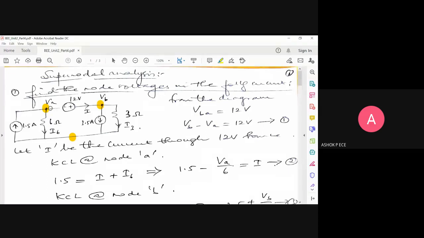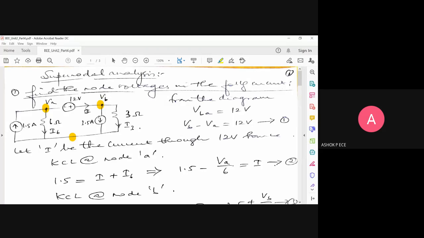If you have a normal resistor here, then VA and VB will be normal nodes only. They will not be super nodes. But since instead of having a resistor or inductor or capacitor, you are having an active voltage source present between VA and VB, VA and VB are called super nodes. And how to analyze a super node? It is very simple. You assume the current flowing through the voltage source to be I. So I write the KCL equation at node VA, write the KCL equation at node VB.